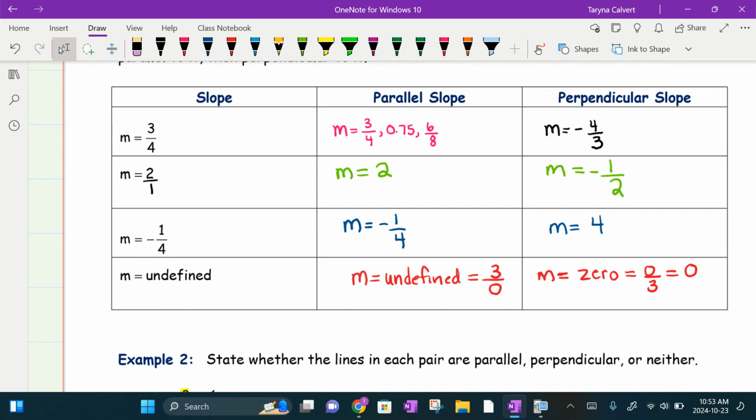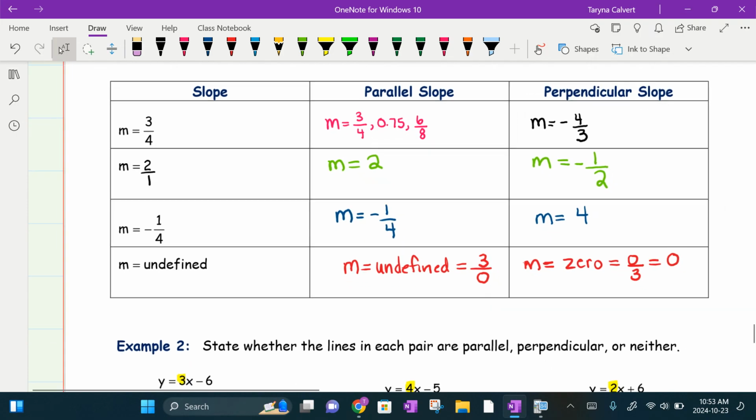If you took 2 and times it by negative half, what would that equal? Negative 1. If you took negative a quarter times 4, what would that equal? Can I use this example with undefined and 0 slopes? No, they'll never equal negative 1. Right? But if we actually have values for the slope other than 0 or undefined, okay, you could use that,